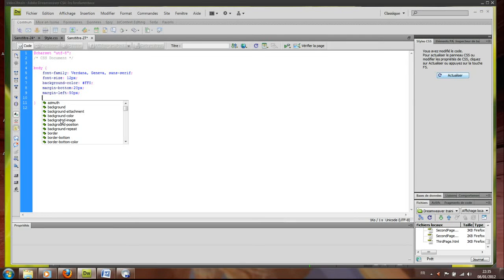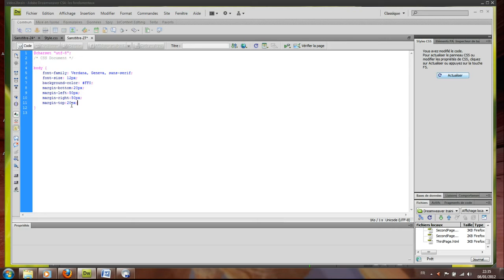Semicolon, then margin right, the same 50 pixels, semicolon, enter, and then for the margin top here, a margin of 20 pixel is enough. Okay, and I'm ended by a semicolon. So I finished to characterize the general aspect of my HTML page,